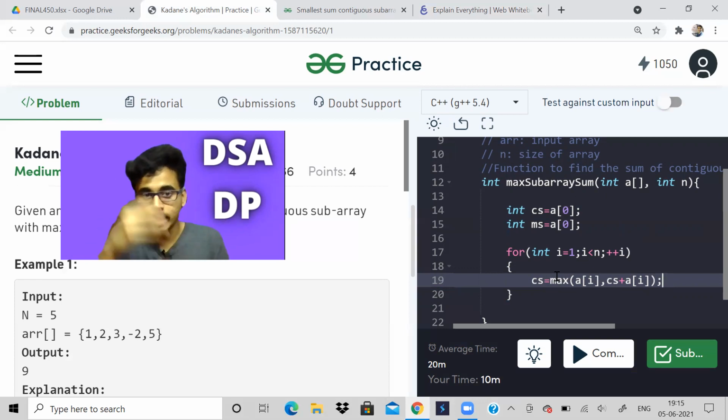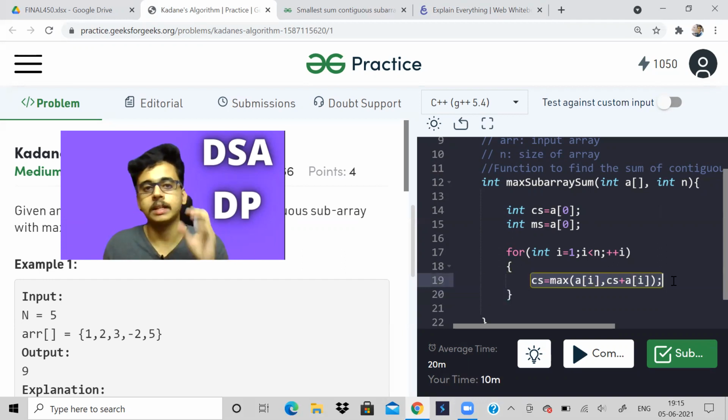our element is smaller than our element only, because negative numbers are there. See, if the array was entirely positive numbers, then the maximum subarray sum will be the entire array only, right? But over here, there are negative integers. That is why you should be careful. This question would not even be popular if the array was only positive numbers. If it was positive, you would just calculate the entire sum. But this is important to handle the negative number case. And even if 0 was there, it's not a big issue.